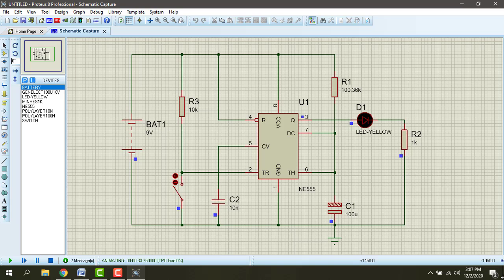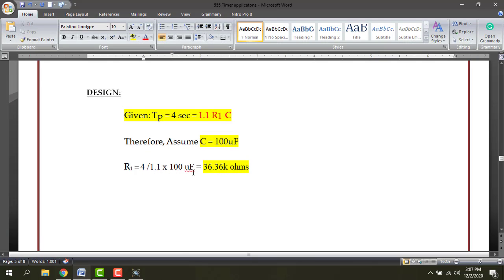Okay, so this is the operation of monostable multivibrator. It is used to produce a time delay. Okay, thank you. So you should draw the